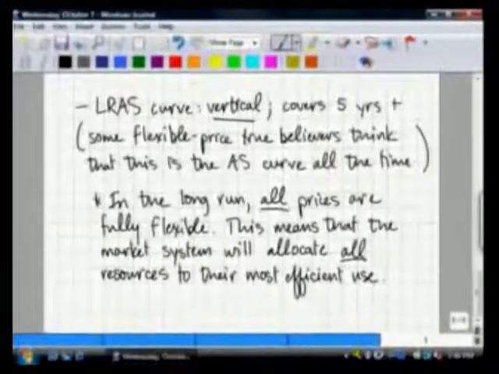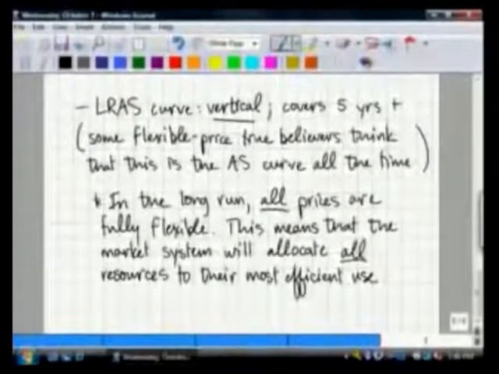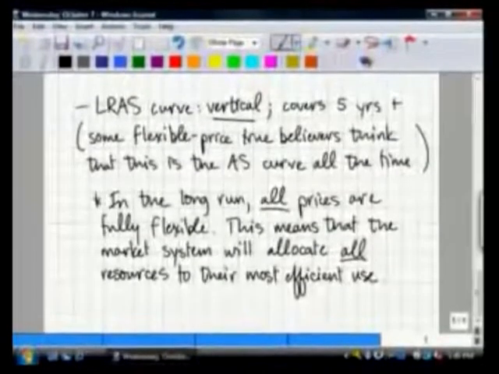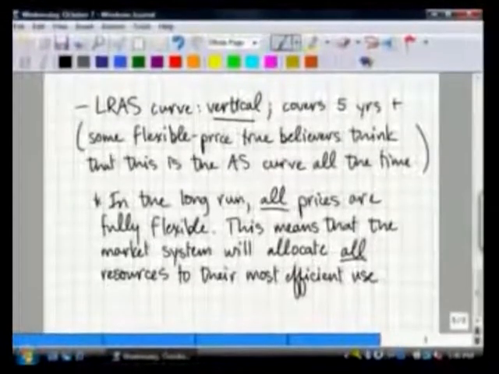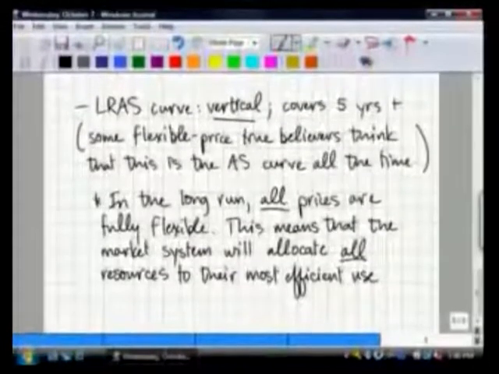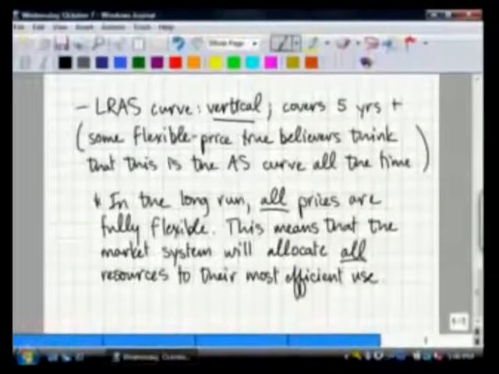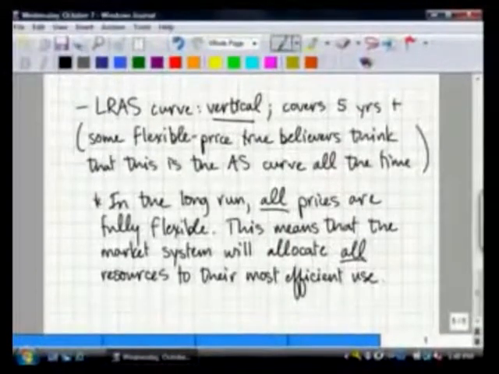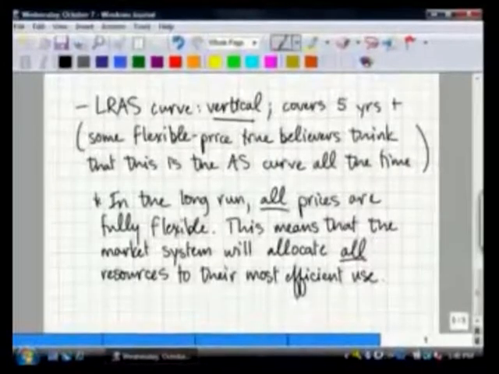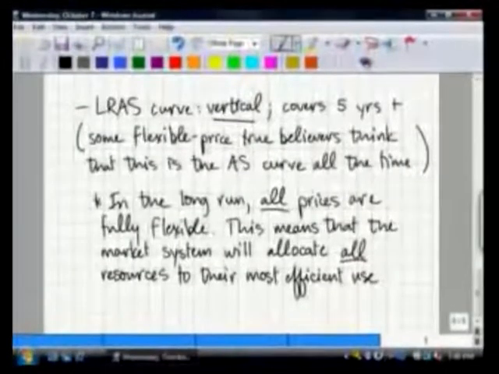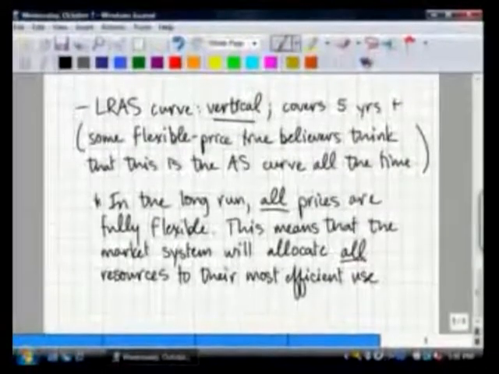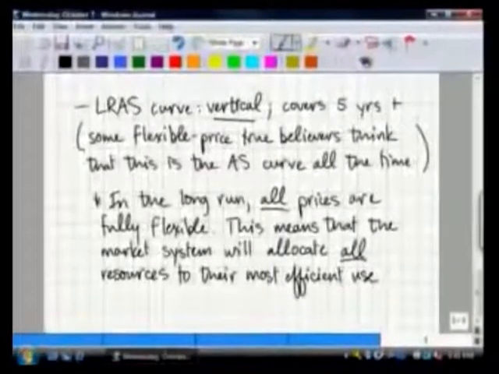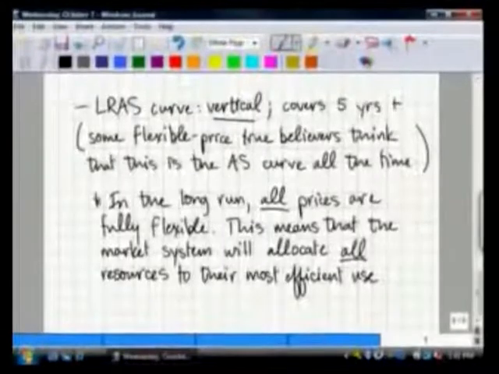Okay? So what's going on here in the background for this vertical long-run aggregate supply curve is that the mechanism has done its job, the markets have done their job, and everything in the economy is right where it should be in terms of its most efficient usage. So if I want to try to attract resources to my business, or my project, whatever I'm doing,